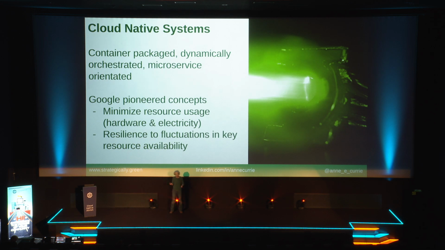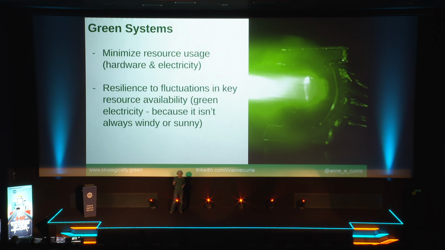So a cloud native system was originally about minimizing resource usage and providing a reliable service on top of something that was at hyperscale innately not reliable. And a green system is about minimizing resource usage and running on top of something which is not as reliable as the fossil fuel generated electricity we're used to today. Fundamentally, they're extraordinarily aligned in terms of what they're attempting to achieve. So let's park that for a moment. Let's hold that thought in our heads and move on and talk a little bit more about green software.